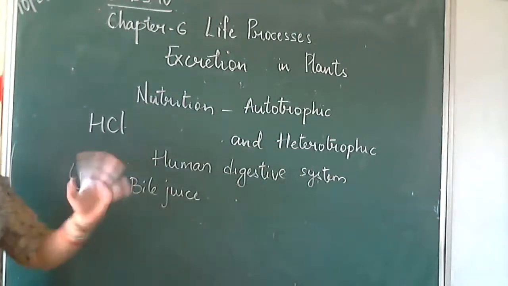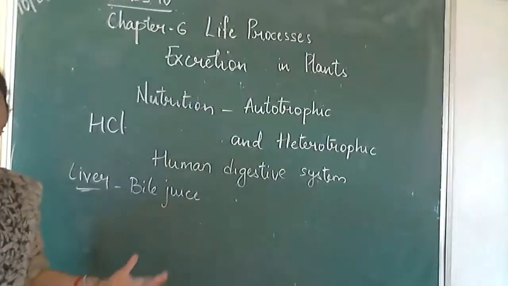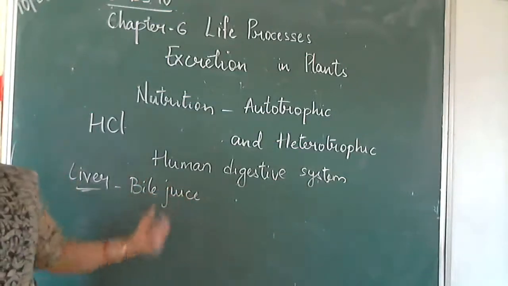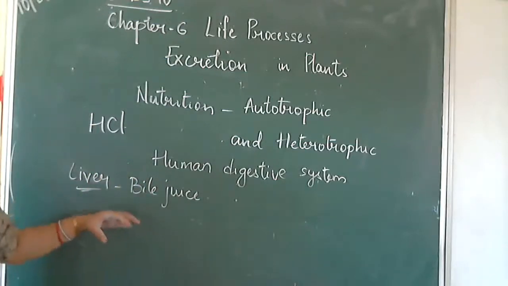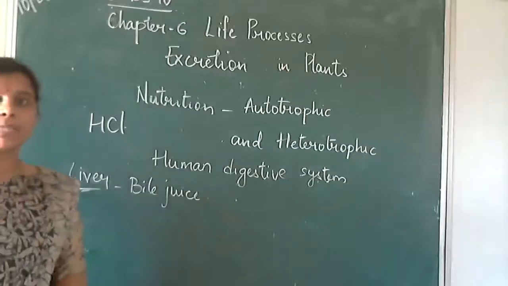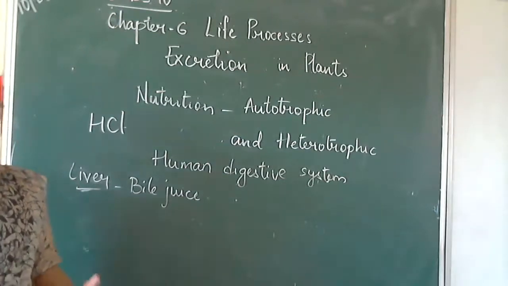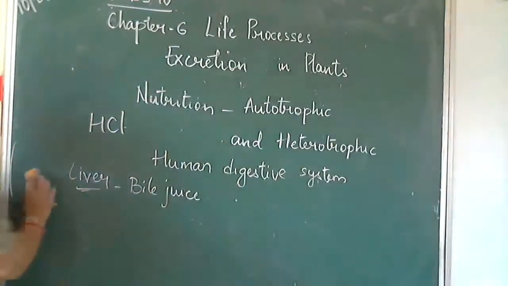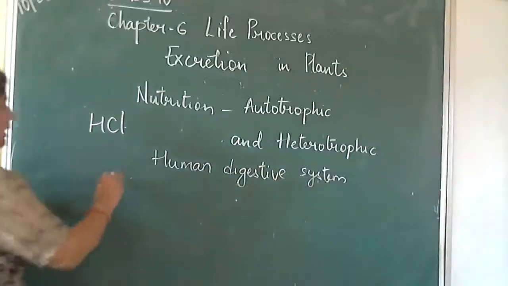Okay, so then again we have pancreatic juice. The pancreas also secretes enzymes, that is pepsin, trypsin and all, which will act upon the proteins. And intestinal enzymes will act on the carbohydrates. So all these will digest the food. So where does complete digestion of food occur? It occurs in the small intestine. Okay, and the small intestine has finger like projections, which we call villi. Okay, the intestinal walls have finger like projections.